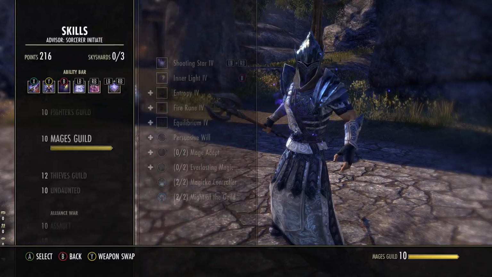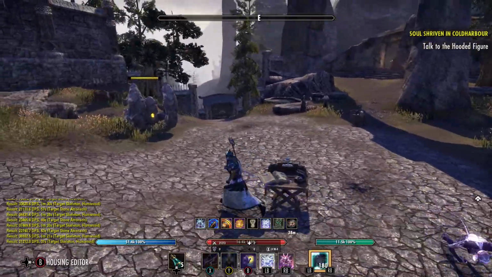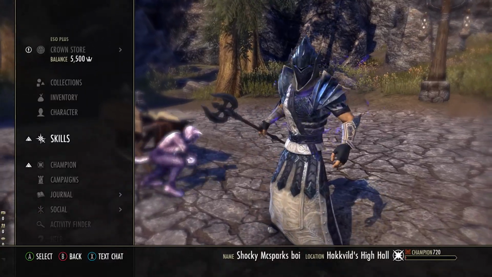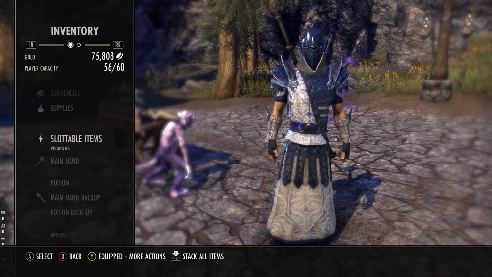The second build I'm going to show you is theory crafted, more or less. I've tested it in this test environment, but it's still theory crafted and untested in trials. So I cannot say for sure what its effectiveness is. Alright, so with this build, it's an interesting idea. We're going to make